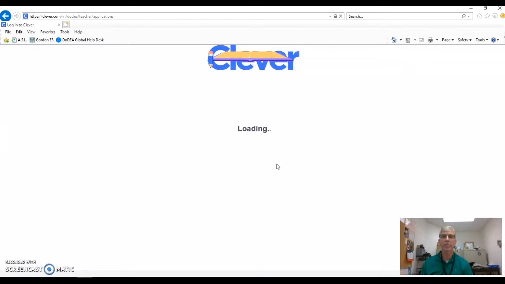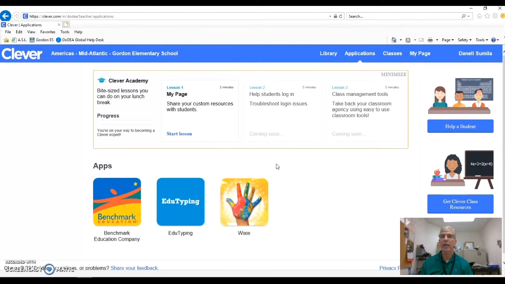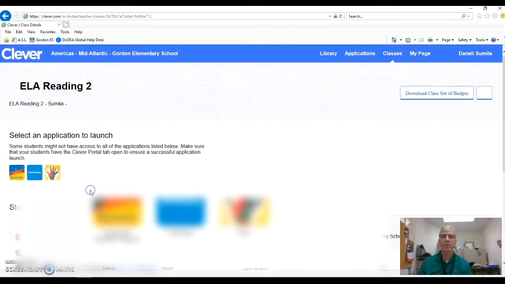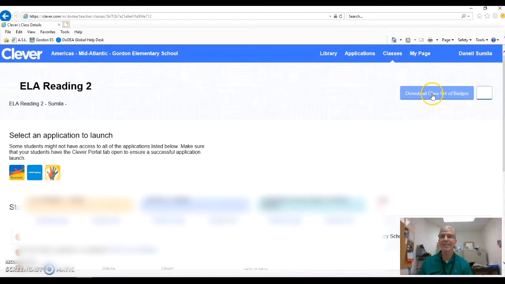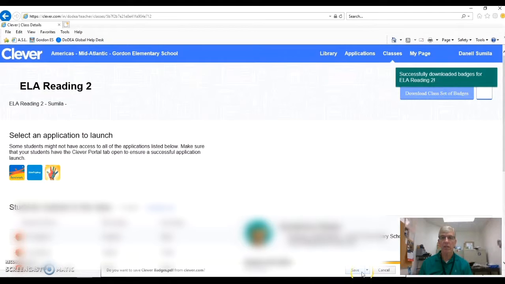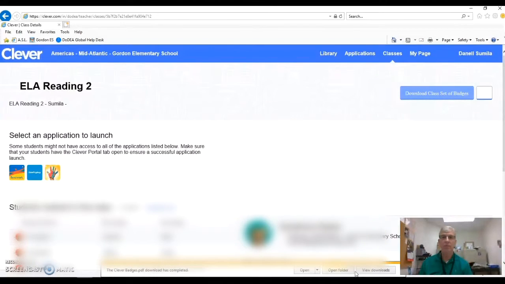So I click on that, and I have logged in as Miss Edget today simply because she has a teacher view, whereas I don't. So I'm going to change over to classes, and I'm going to click on reading, and here it says download a class set of badges. And simply going to save them to the desktop folder so that we can see it,